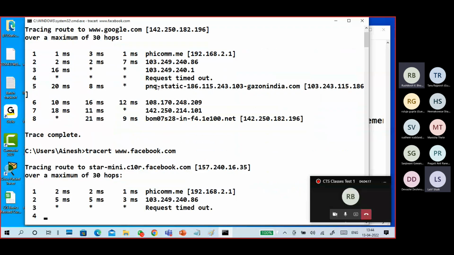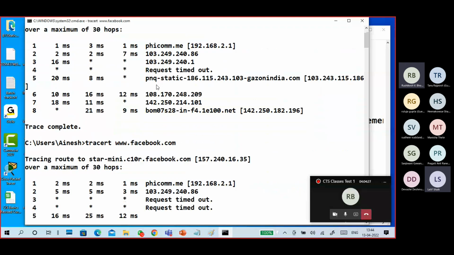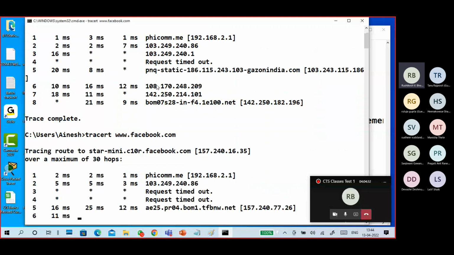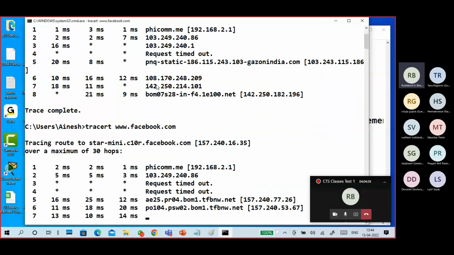The stars represent a delay, because it should be crossing within very few milliseconds. The response timed out, so we are not getting that information. We didn't get that one.